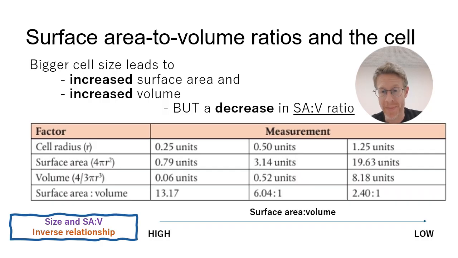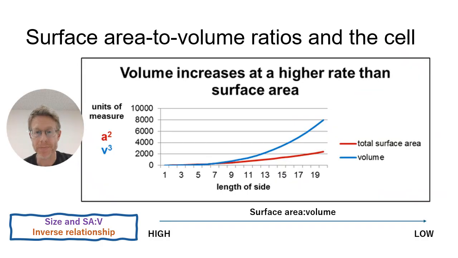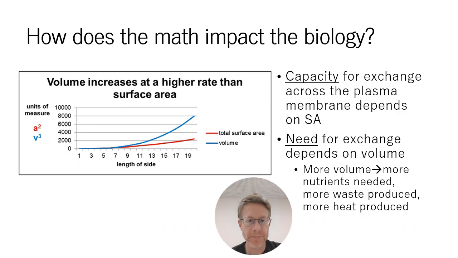That's the math. Now, why does that matter? Well, there's the math again. You can see the x is the length of one side, sort of representing the size of the cell, and the red line is the surface area and the volume is the blue line. The volume's getting bigger much quicker. So,